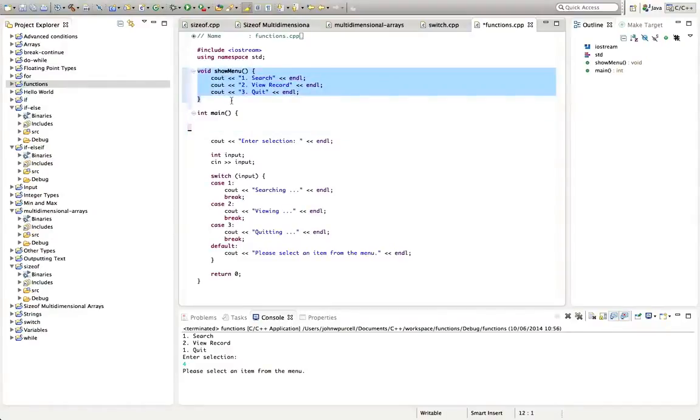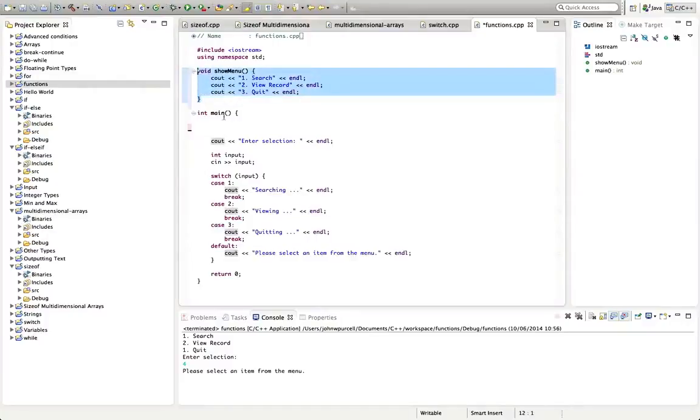This is defining a block of code which we've labeled show menu, and this block of code is performing these actions, it's performing these statements, and we can now invoke this block of code from anywhere. We talk about calling the function. So this doesn't do anything in itself. This is stuff that we could do if we wanted to do, and to actually make this happen we need